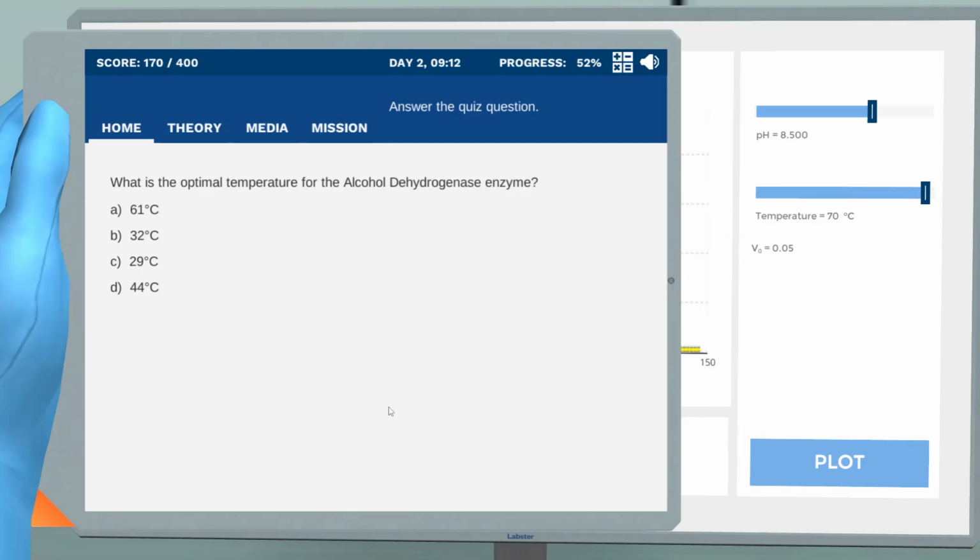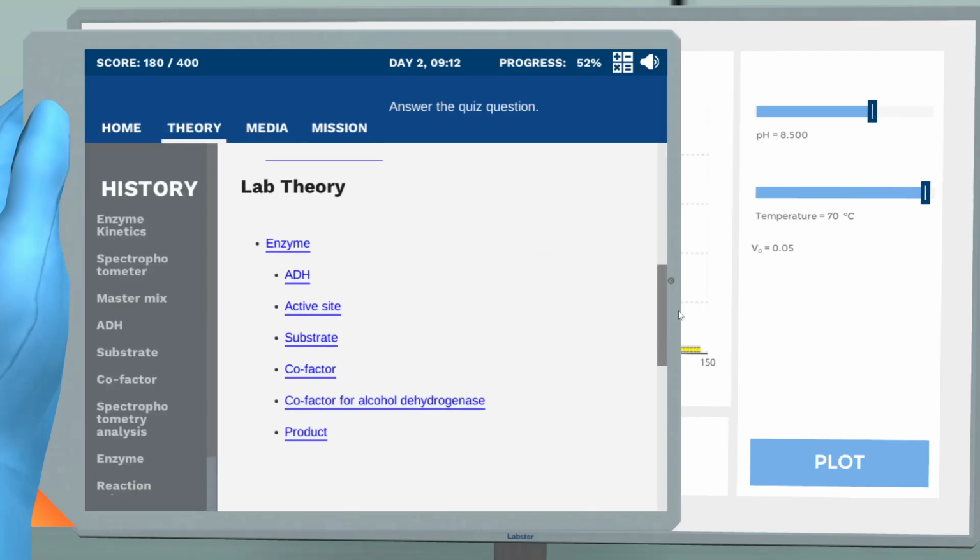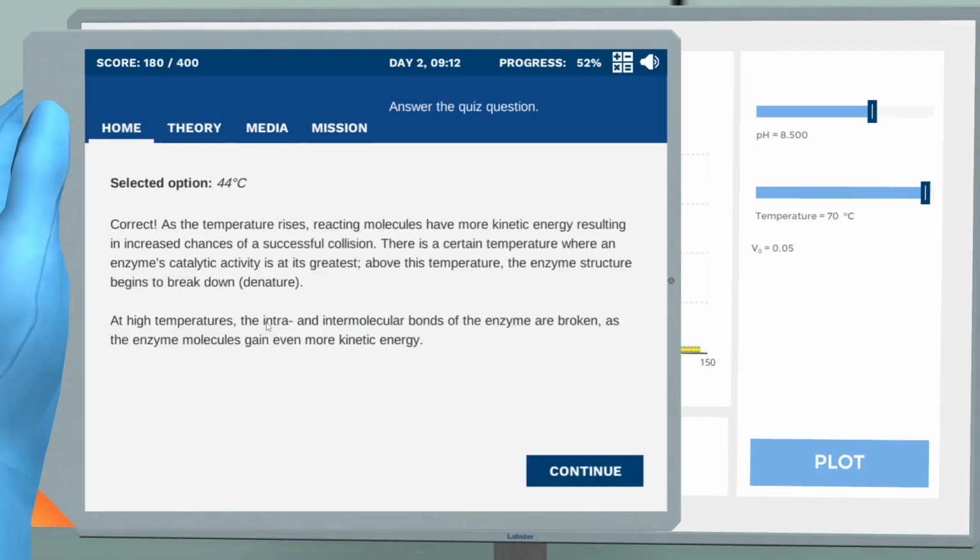What is the optimal temperature for the alcohol dehydrogenase enzyme? Correct. As the temperature rises, reacting molecules have more kinetic energy, resulting in increased chances of a successful collision. There is a certain temperature where an enzyme's catalytic activity is at its greatest. Above this temperature, the enzyme structure begins to break down. At high